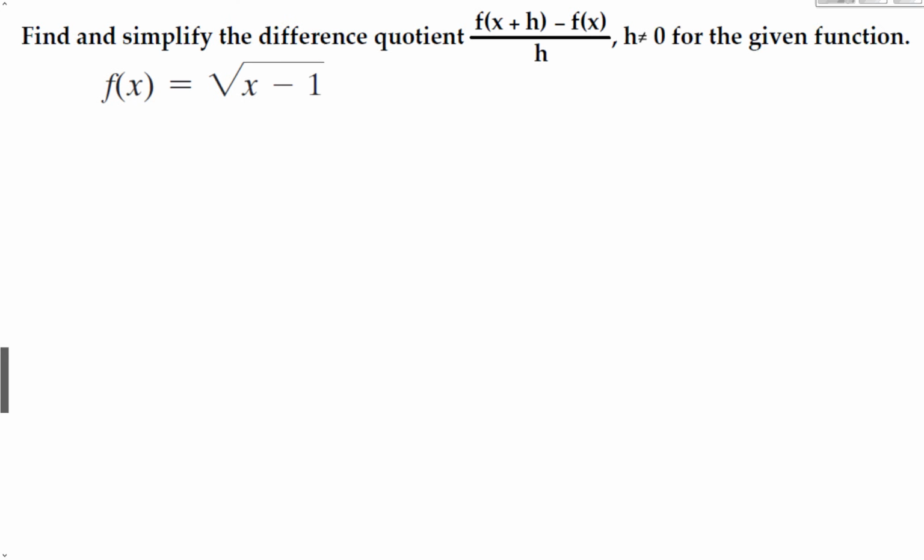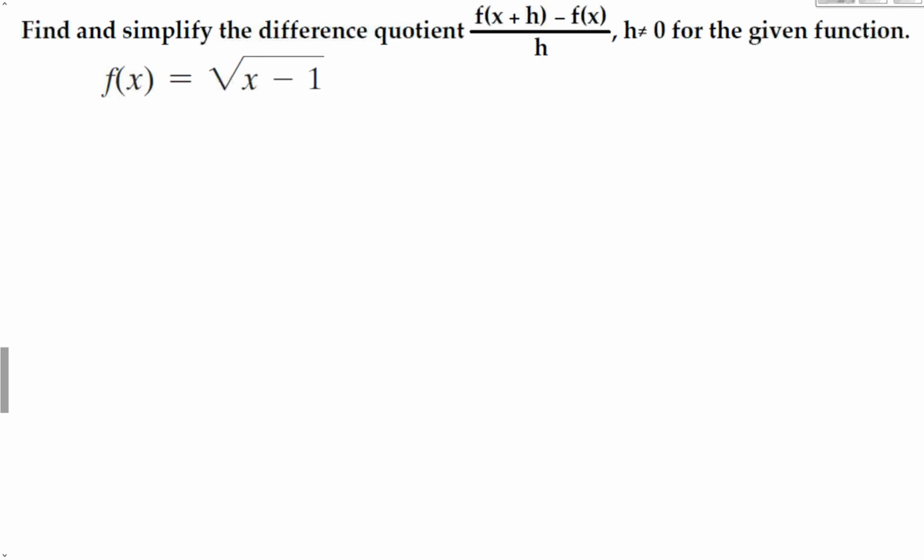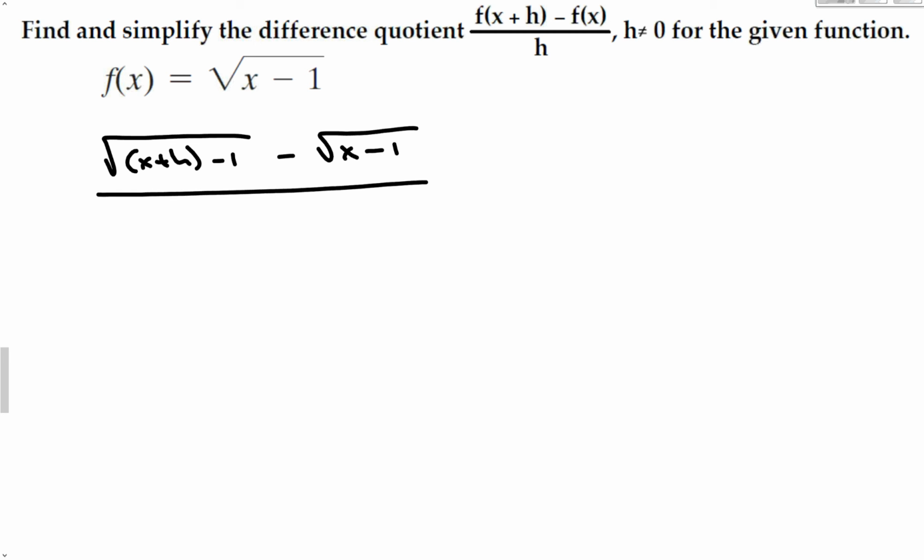So let's calculate this difference quotient, and this is the last one. So let's find and simplify this difference quotient right here. So we have f of x plus h. The first function is going to turn into the square root of x plus h minus 1, minus my original function, the square root of x minus 1, over h. Now I can't simplify any of this anymore because they're not like radicals. But the problem becomes here, if I want to plug a 0 in for h, I can't do it in this expression